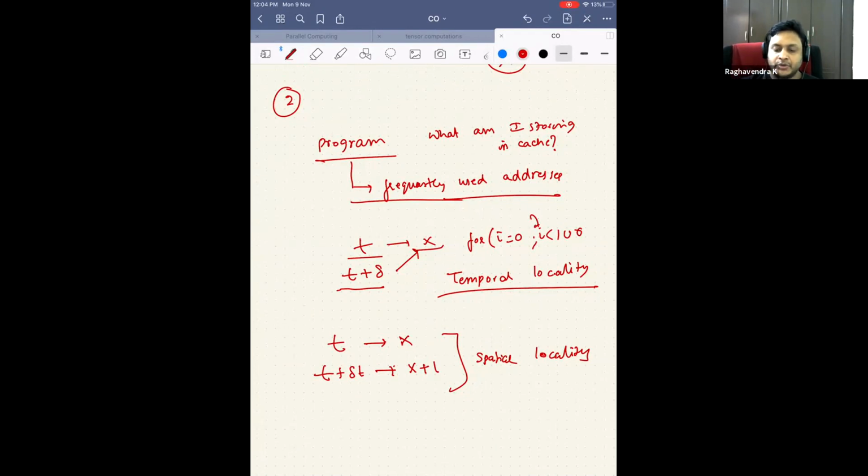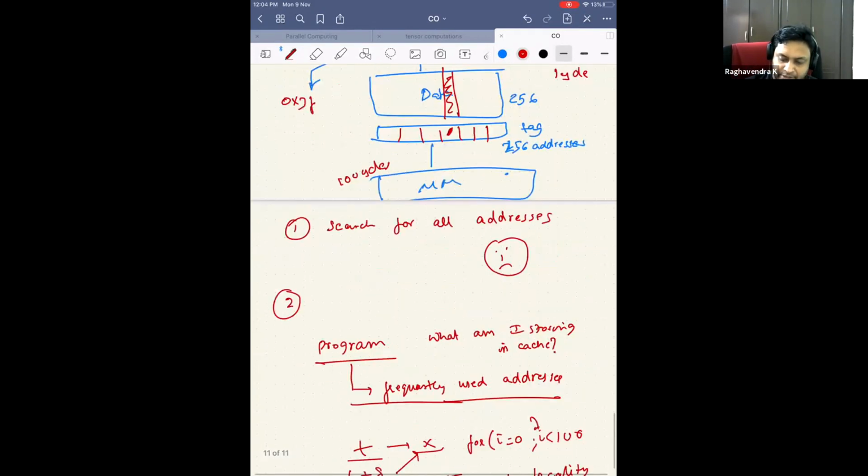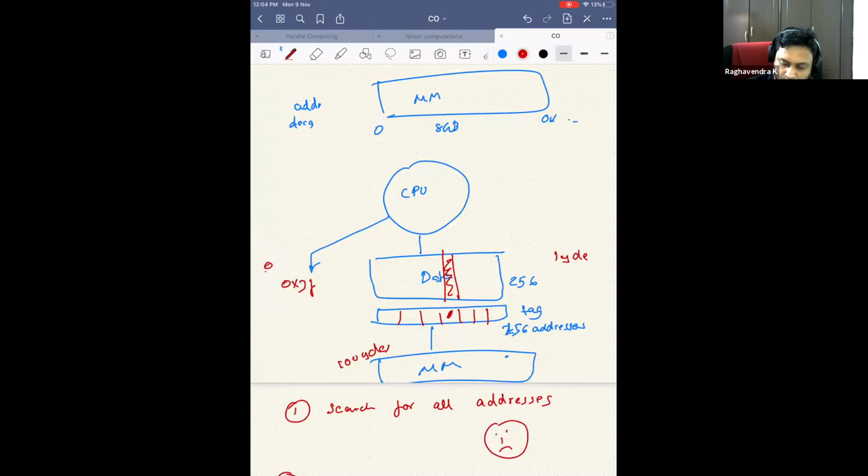I am doing matrix multiplication, which means that if it's row major order, I am doing x0, x1, x2, x3, right? So it makes sense that when the CPU generates 0x3f, I as a person will go to the main memory and not just request 0x3f. I will request some chunk of data, some block of data, and bring it back and keep it in the cache. Right? Are you happy with this design?